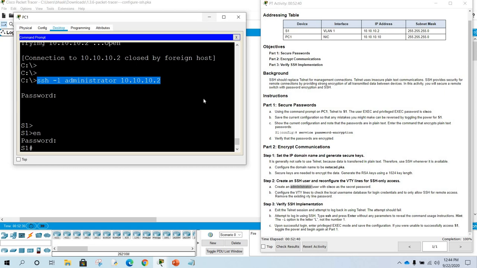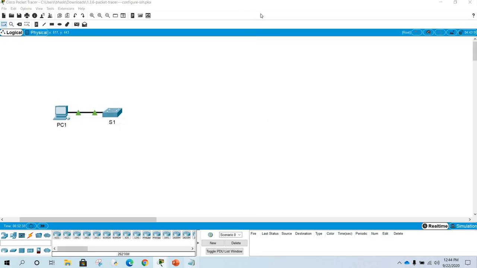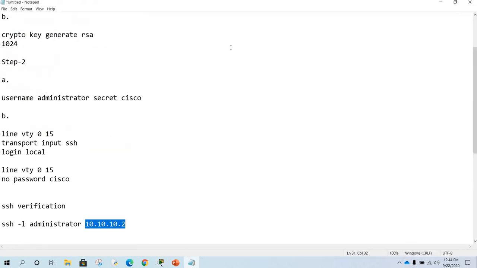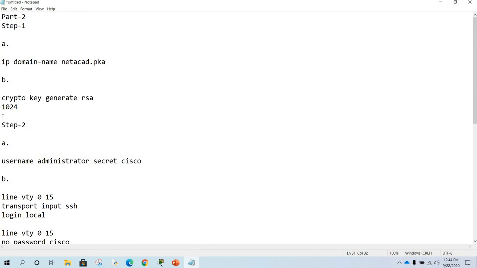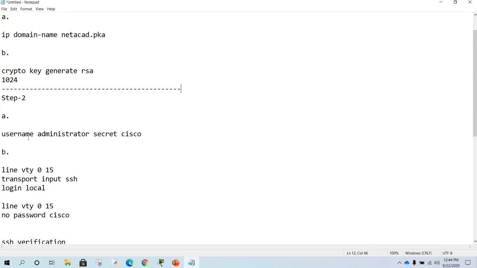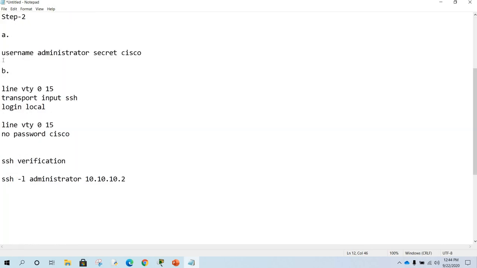Now I'm going to review all the code. In step 1, option A, you create the domain name and crypto key generation. In step 2, you create the username and so on. In step B, you give the access only as SSH, and finally you come to the verification command.